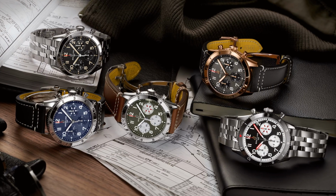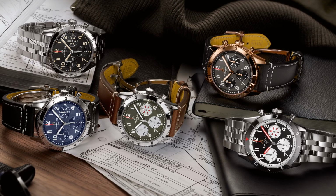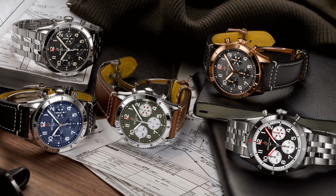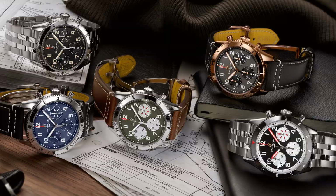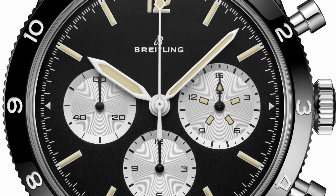I think what Breitling has been doing with their Pilot watch range over the last couple of years has been really nice. Got some beautiful designs there. Of course, some of the cases range into maybe slightly unwieldy territory, but I think the designs really hit on something, and to see them interpreted in this true 41 millimeter format, a re-edition, is amazing. Hopefully we'll have more hands-on with this watch coming soon, and until then you can see all the details on